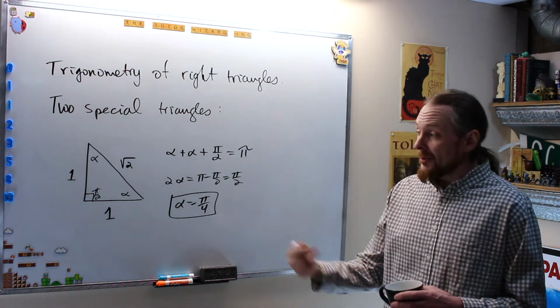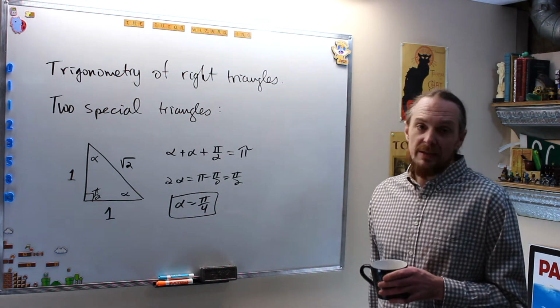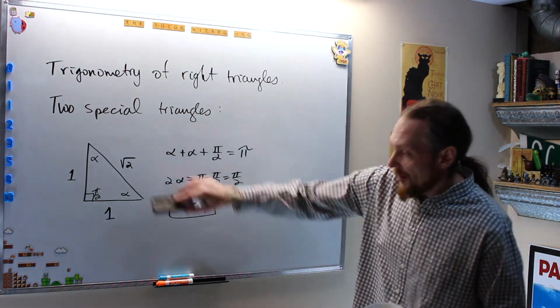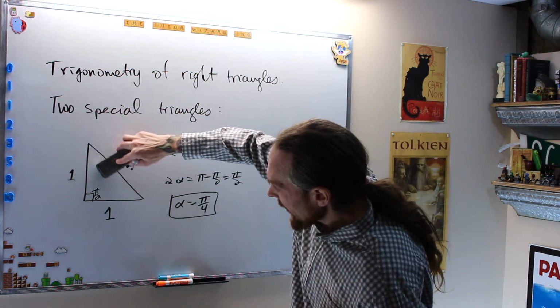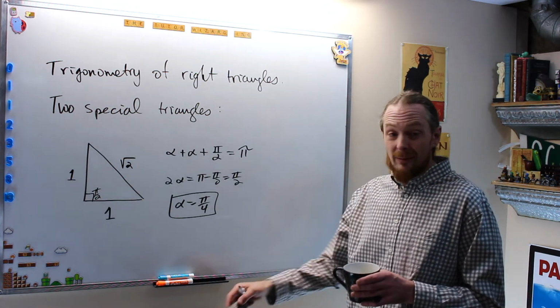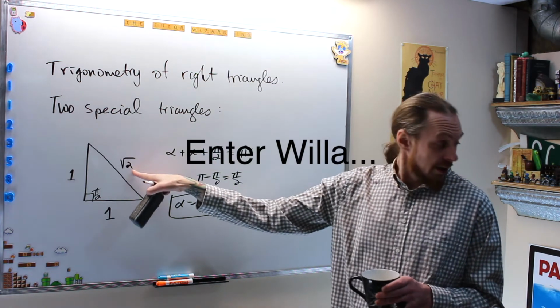So long story short, I've derived, I won't do it for the other one, but for this one it's much quicker. So what I've also done is, once I have two unit lengths in a right triangle, I can use the